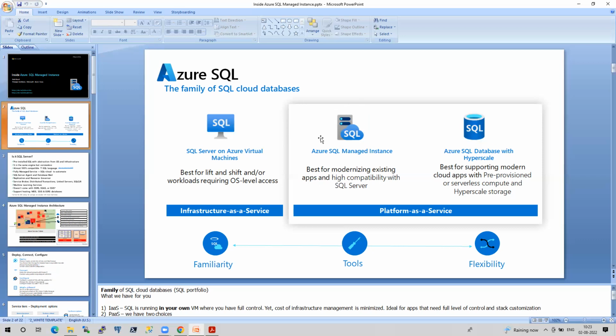Some production servers will not have remote access. I've seen cases where they will not give us RDP access, even in an on-prem environment.